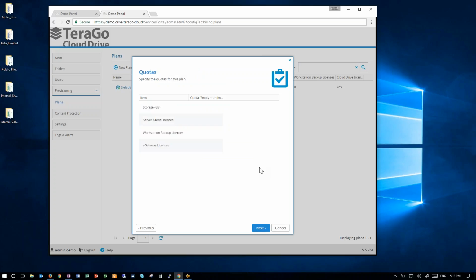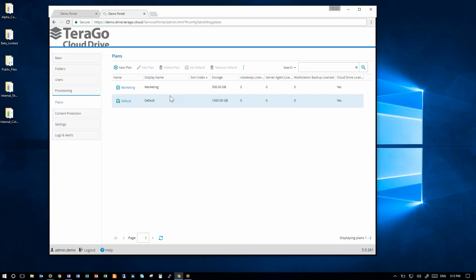Let's say for specific reasons, you want the marketing folk to have a little bit less storage. So let's say they only get 500 gigs per user. You can enter the quantity in the number of gigabytes, and then just put in 0 for the rest of the fields. Click Next, and then when you press Finish,